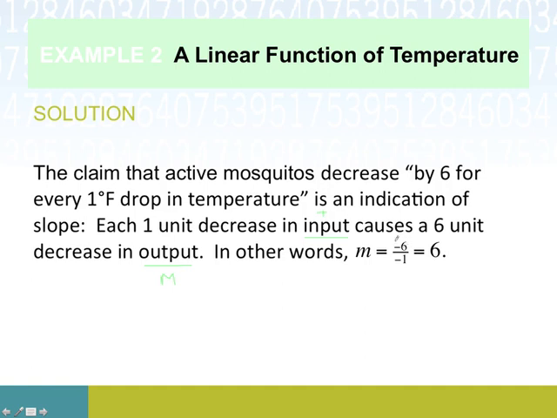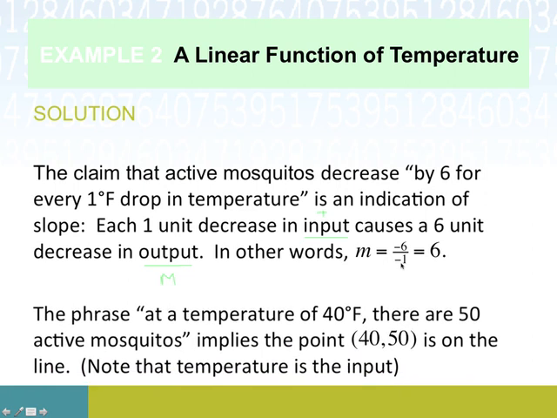So when we look at slope, this is input on bottom, so our input is decreasing by 1, and our output is decreasing by 6. When we divide those two things, we get a positive slope, -6 over -1, which is positive 6, of course. One other piece of information we were handed is that when temperature is 40 degrees, there's